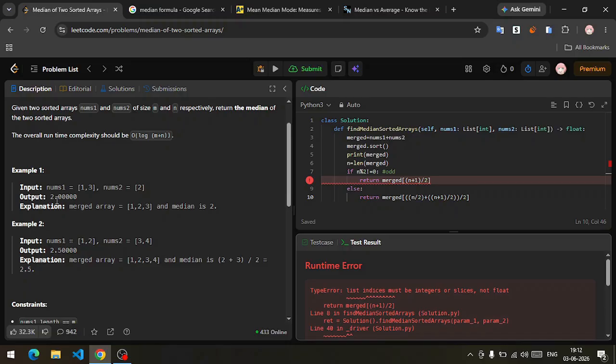So what I have to do is return a float value, but we cannot iterate a float value through an array. Huh. What can we do? Okay, so return